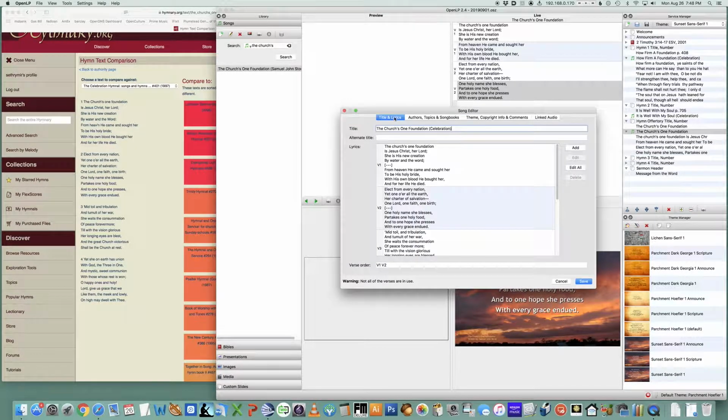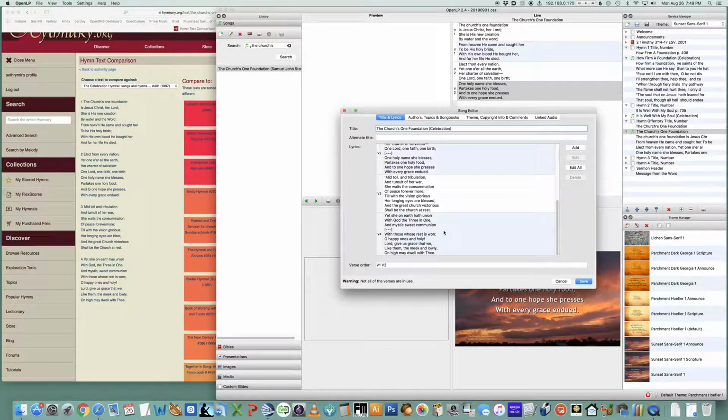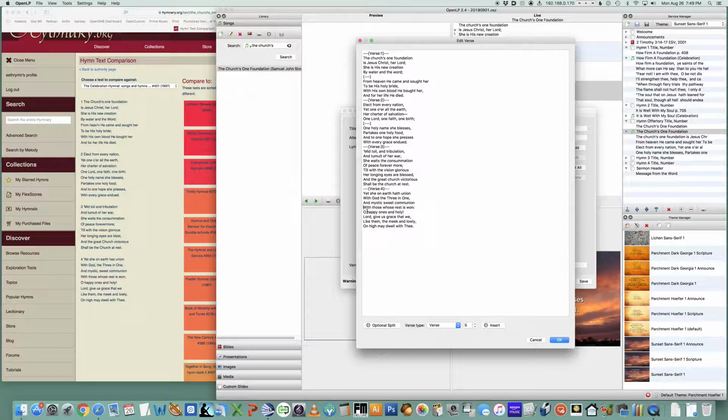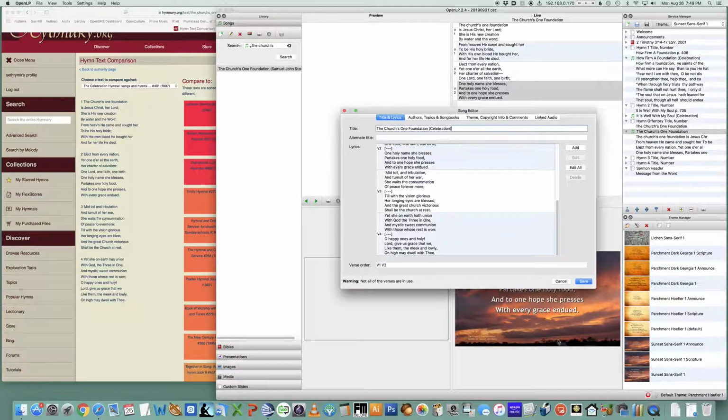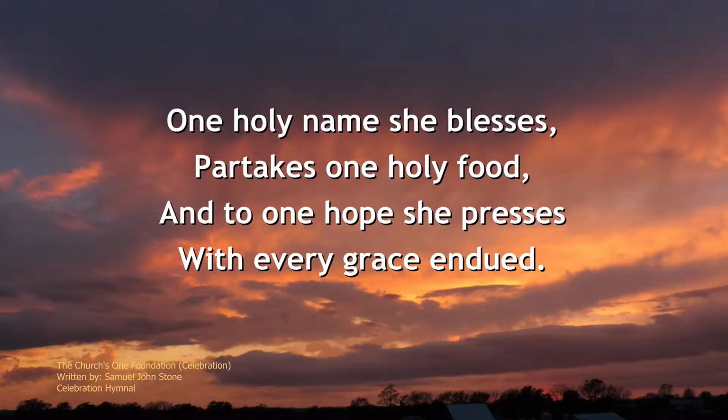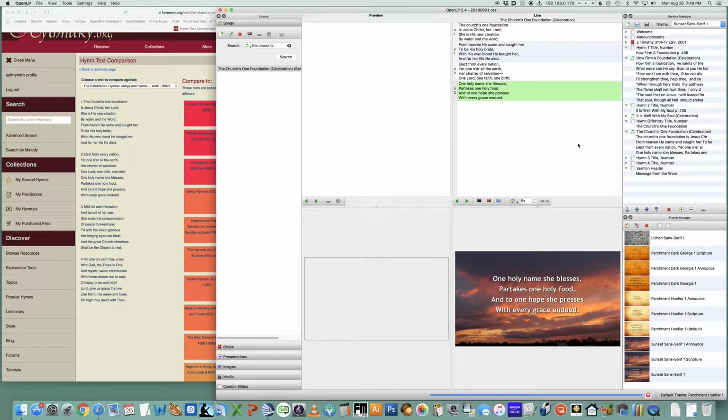Okay. So now we have one that matches 4 verses, and it's the ones we want. Whoops, that's a problem. There we go. Okay, now later when we use this, we'll need to re-edit it. Okay, so we have our offertory,